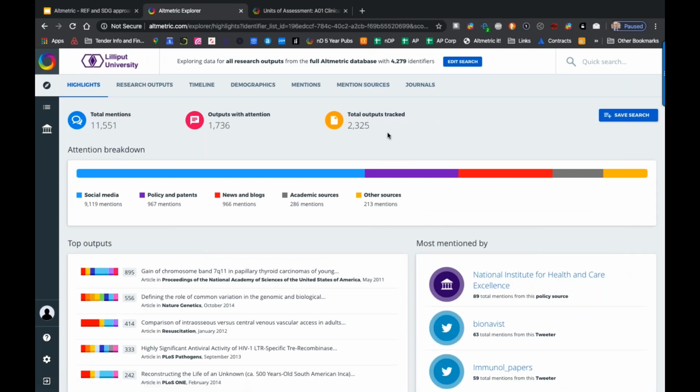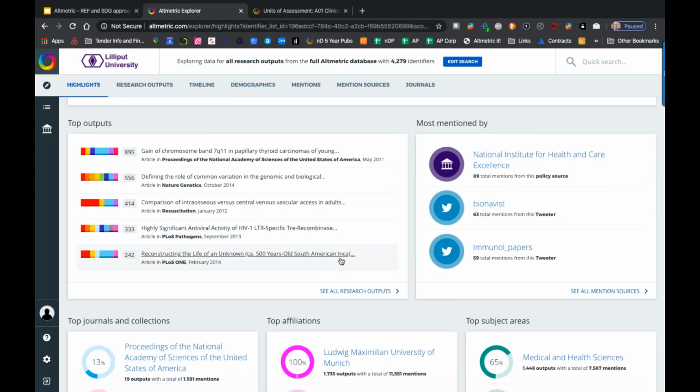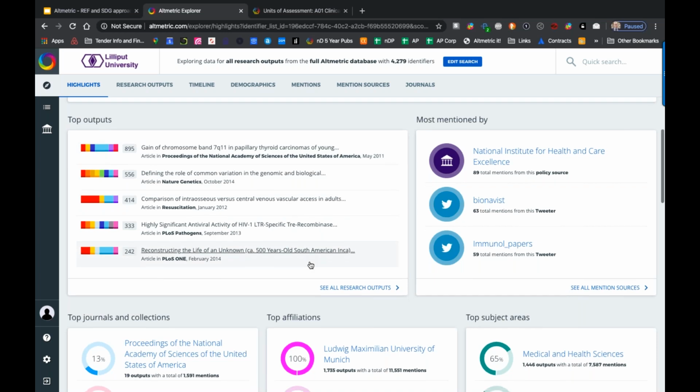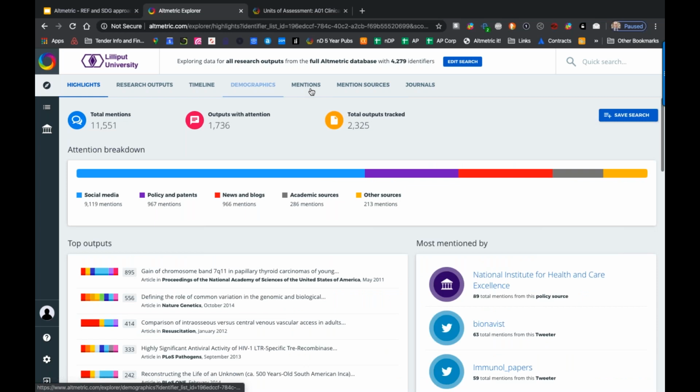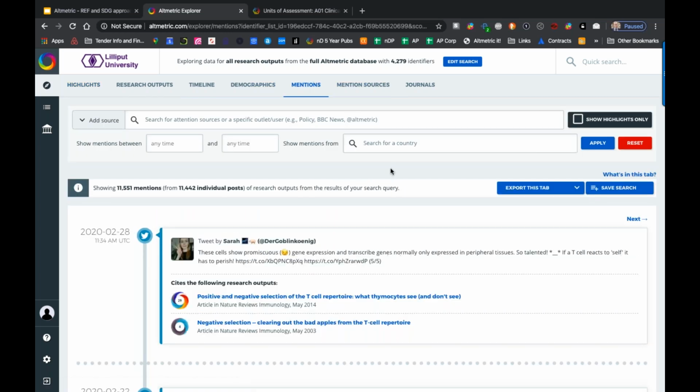So there are something like 2,300 items that were tracked, 1,700 that actually have had some attention, 11,500 mentions. LMU Munich is doing pretty well. Now, there is some large-scale summaries here. A lot of this attention will have happened as the items were published. You can see this item published in May 2011 will have no doubt received a lot of its attention at the time. So instead, we are now going to jump over to the section where I can now export the